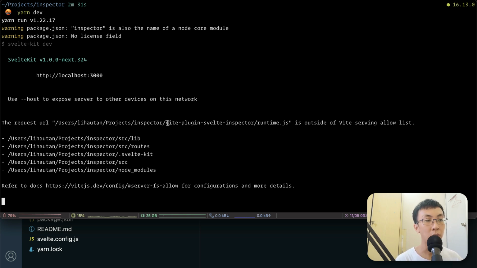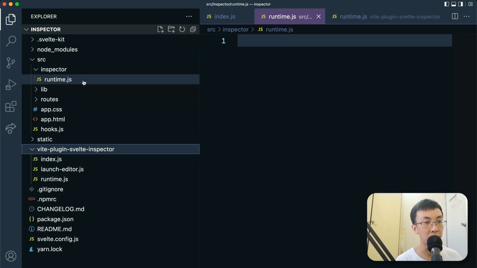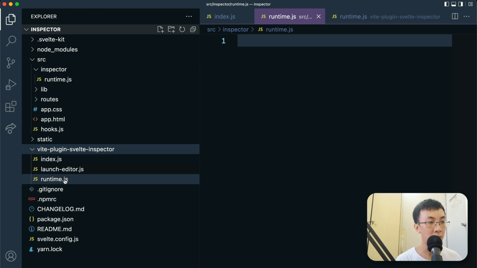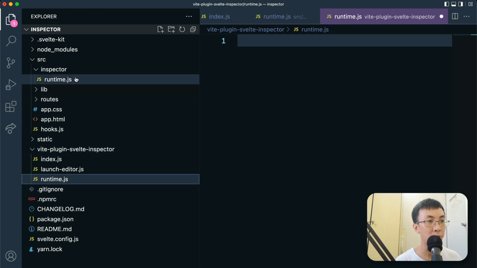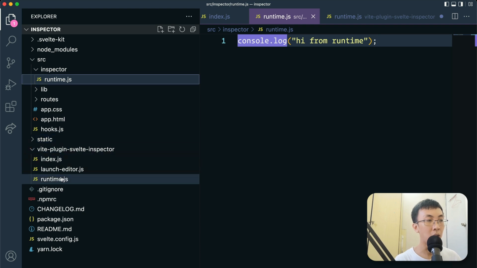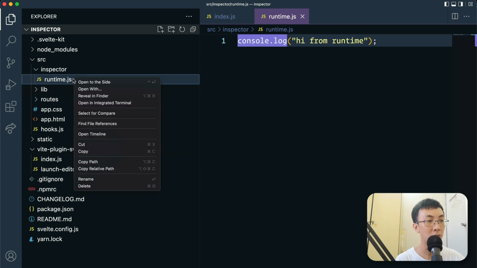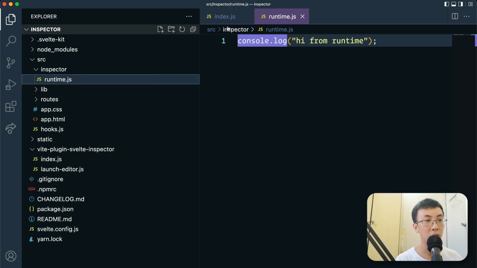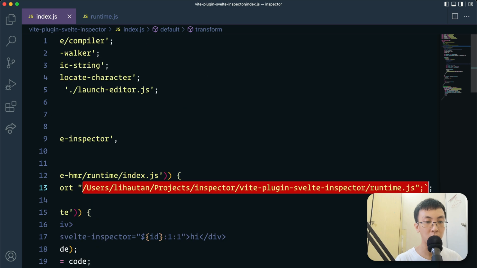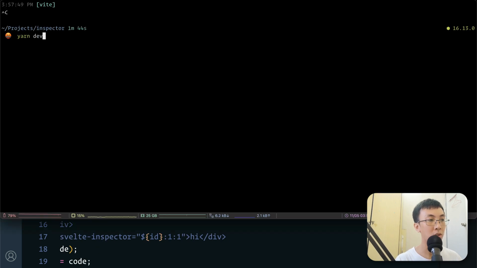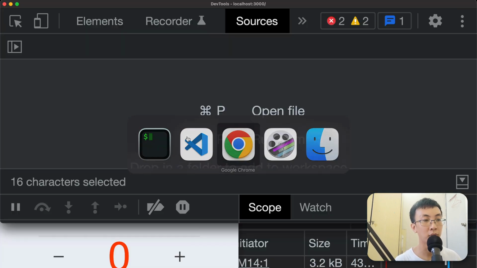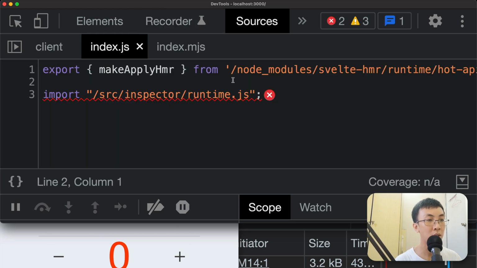But now, because we have this plugin inspector within the project root somewhere else that's not within a source folder nor the node modules folder, that's why it is complaining. But we're not gonna fix it correctly. We're gonna create a file instead, move it to the source folder, and we're gonna use this path instead, right? So let's try this. Let's try restart. I think we are safe. And if we refresh,